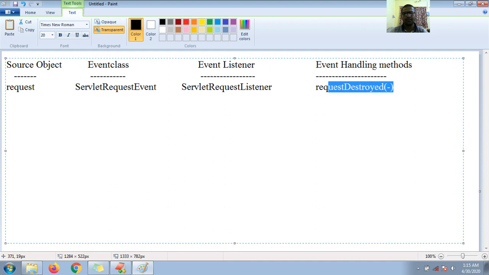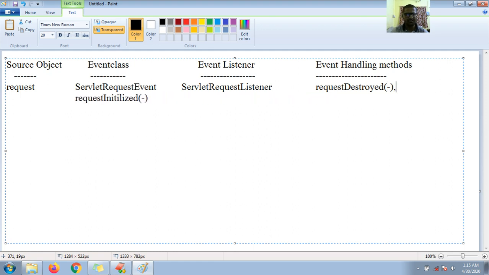Let me add requestInitialized, one more method. So here is my requestInitialized. You will take the help of these two methods, requestDestroyed and requestInitialized.